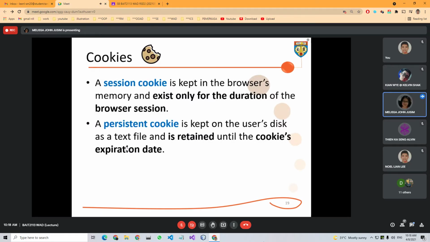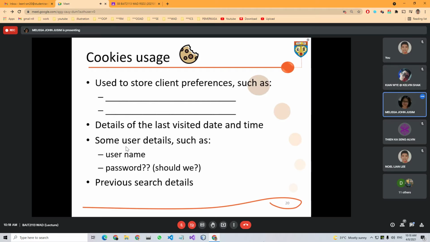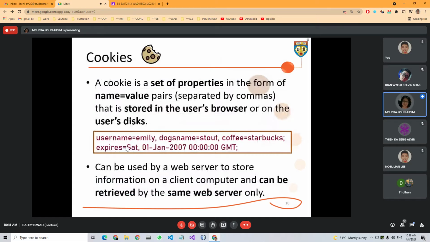Now I think I can give you all a break, and while I give you the break, you can have a look at this question, the first bullet. You can put in the chat box how we use cookies to store the client preferences, like what is mentioned here.